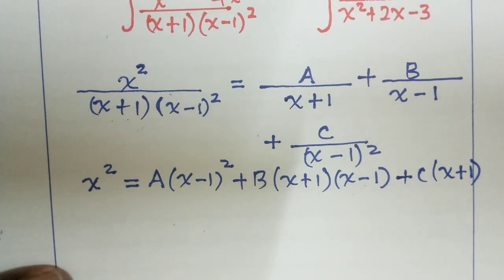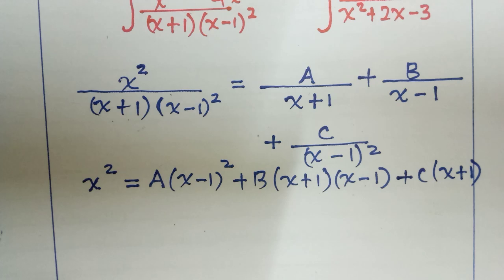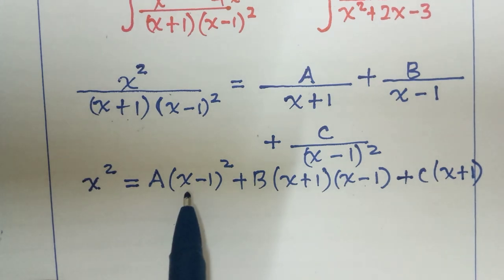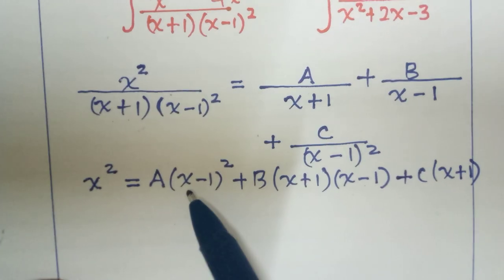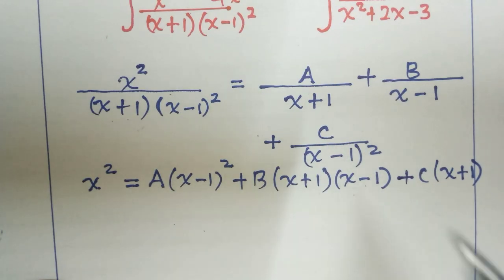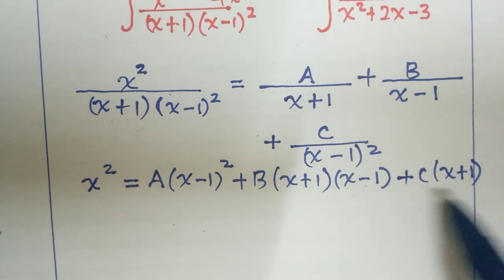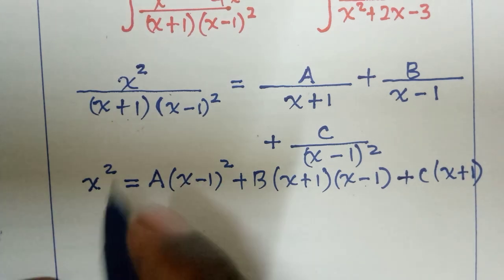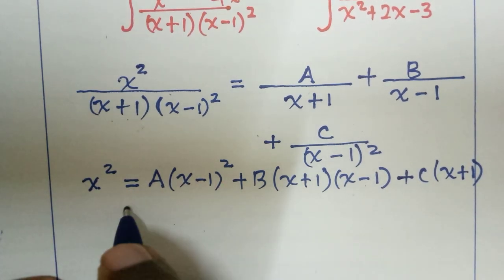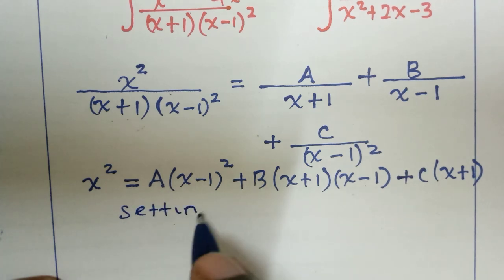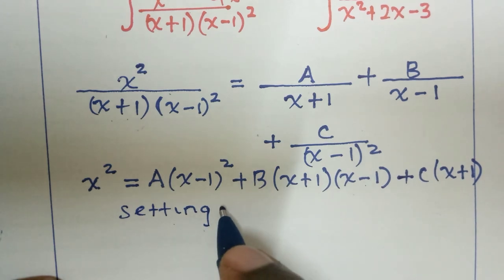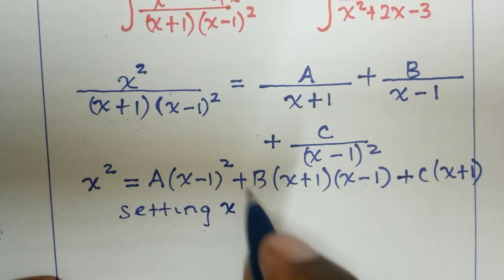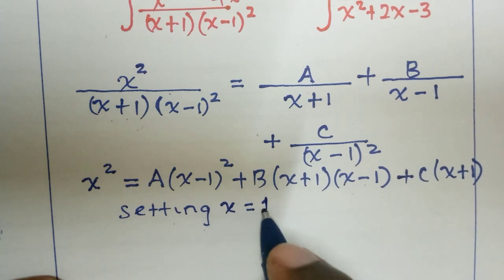So from there, guys, we want to find out our constants. We can use coefficients, or you can also use, we set. For example, if we set x is equals to 1 here, we shall be able to finish that, because that one now will be 0. Also this one will be 0. So we will remain with only this term. So let's say that setting x equal to 1, like that,